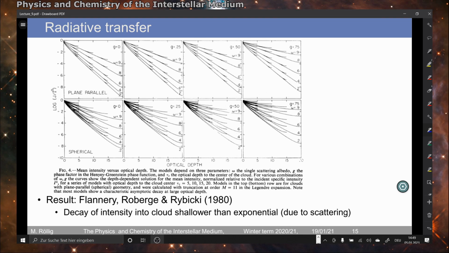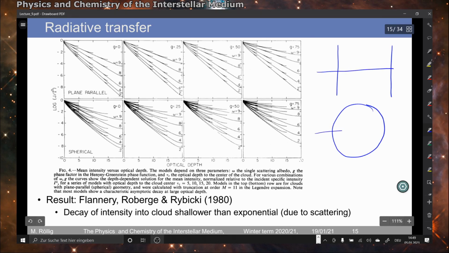So here on this slide, we see the results of the radiative transfer penetrating a plane parallel slab of gas and penetrating a spherical object, here given by the top and the bottom row in the figure. This is a function of the G parameter, which is here isotropic on the left hand side and mostly forward on the right hand side. And we note that for the same albedo,